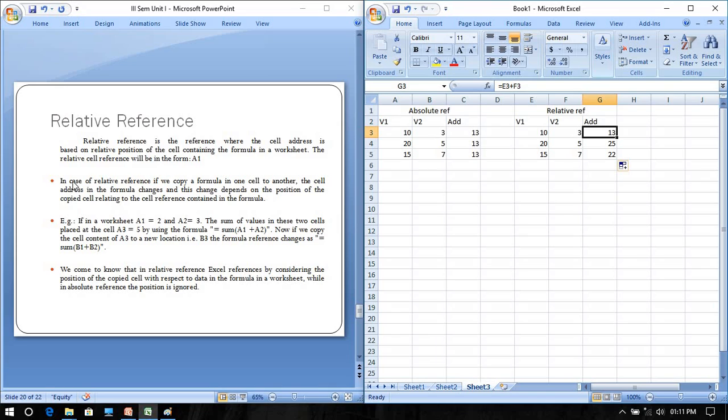Okay, understood this? In case of relative referencing, if you copy a formula from one cell to another, the cell address in the formula changes. And this change depends on the position of the copied cell relative to the cell reference contained in the formula. They are giving some examples. Okay, we come to know that the relative reference,